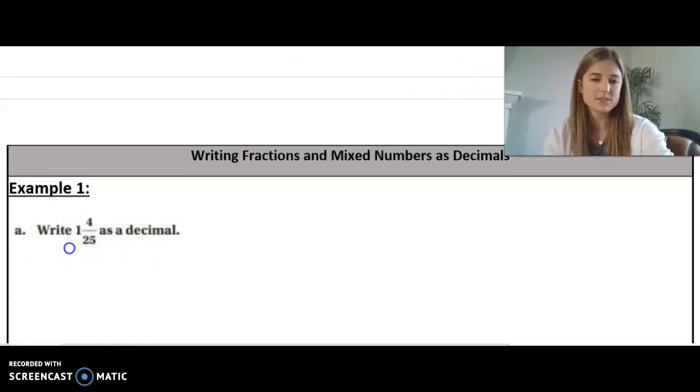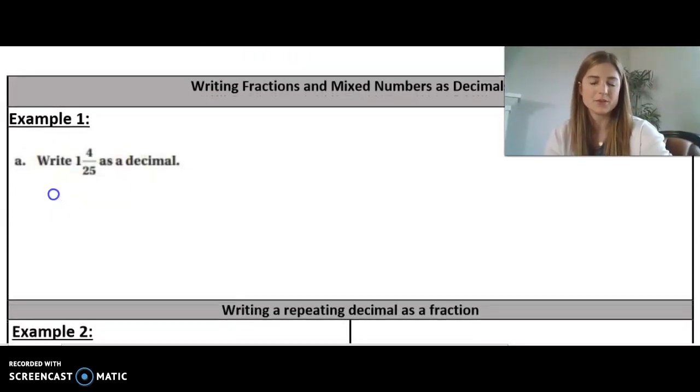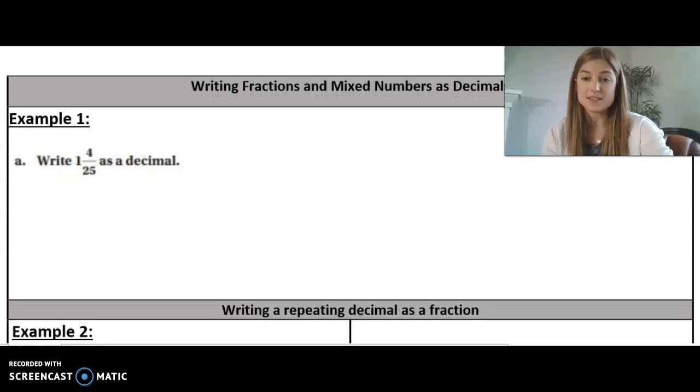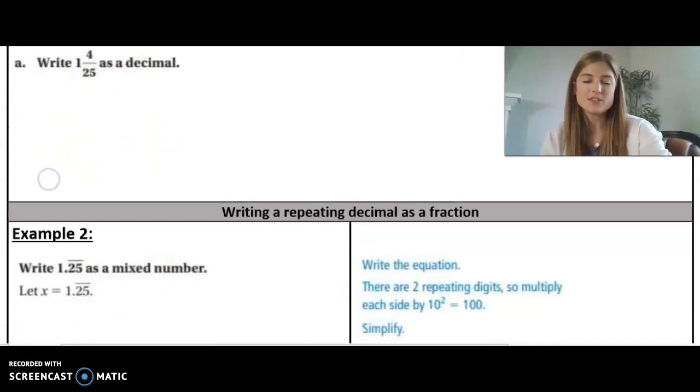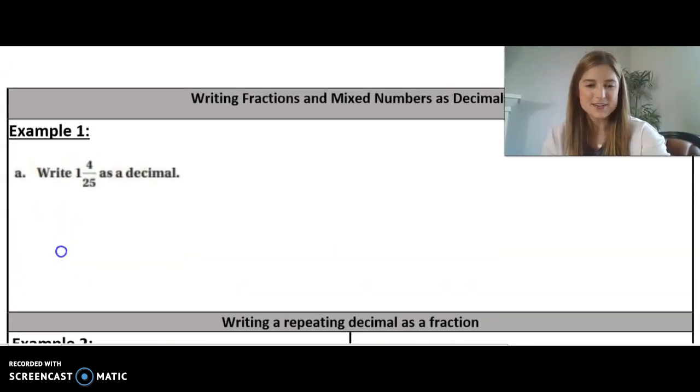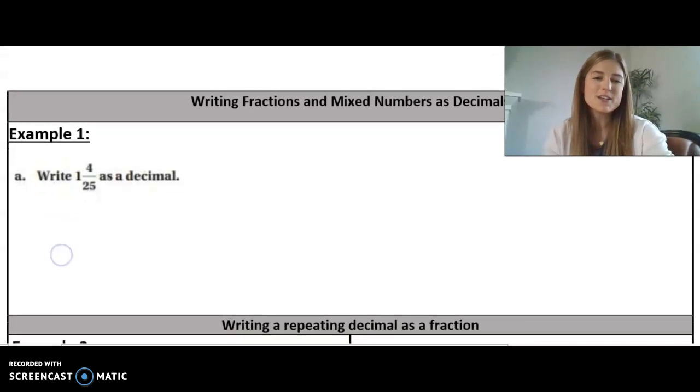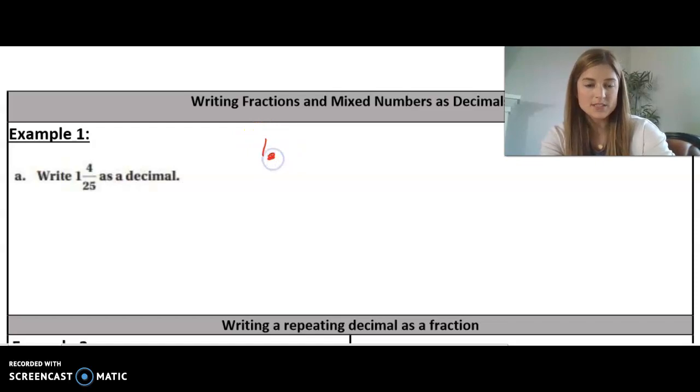Okay, so first things first, I'm going to do kind of a refresher with you. Writing fractions and mixed numbers as decimals, and then we're going to move into an example that's way different than what we've been doing before. So let's kind of refresh the memory of how to write this fraction as a decimal. There's a couple ways that you can do this. You can know that 1 is obviously the whole number in this case before the decimal, and then you would change